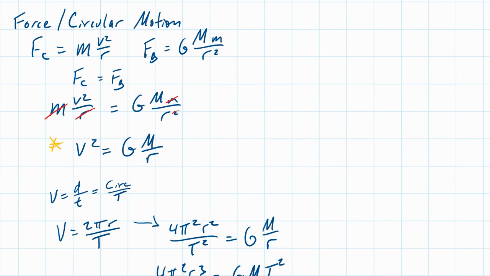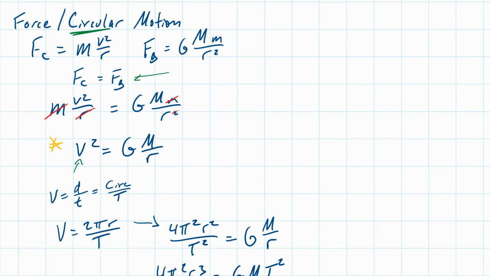We started with recognizing that for a circular orbit, the centripetal force is equal to the gravitational force. So we started out by saying centripetal equals gravitational force. Keep in mind, we're talking about forces and only circular motion. And that allowed us to equate those two formulas, cancel some stuff out, and realize that for a circular orbit,